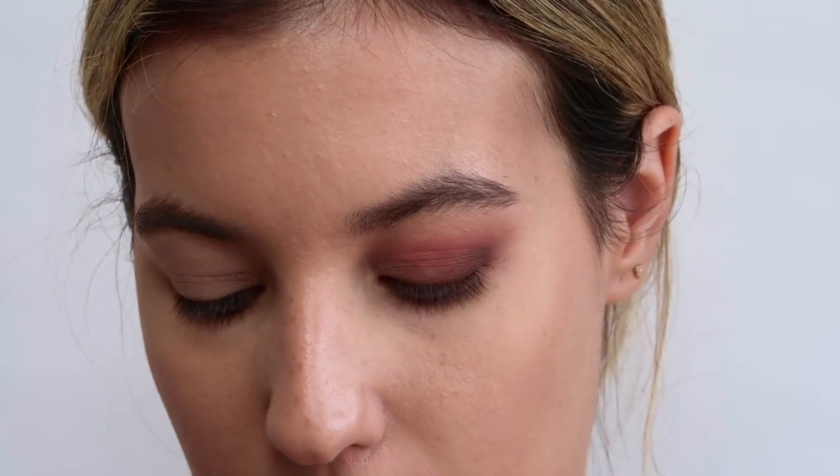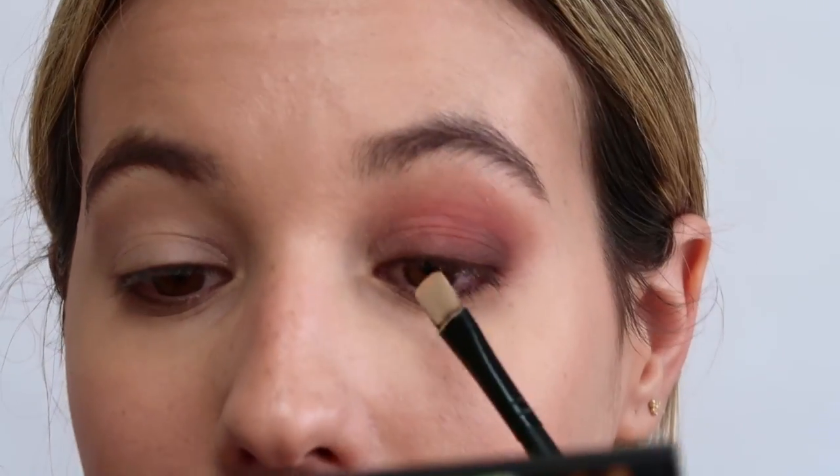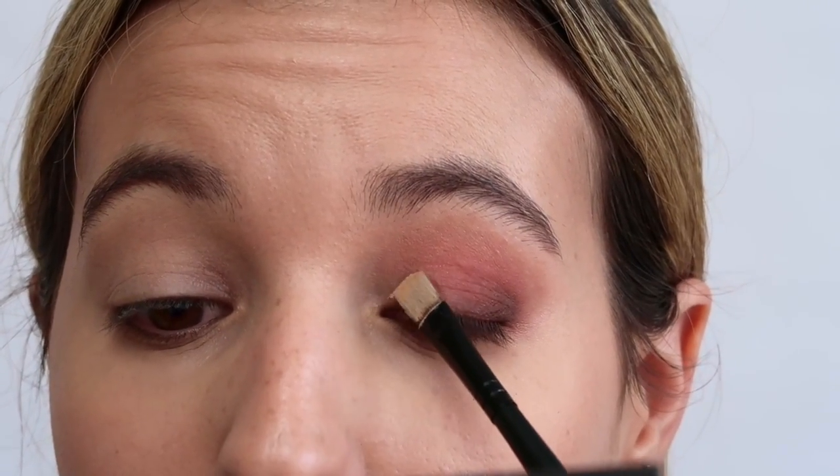Who would have thought? But I'm just gonna layer the concealer onto this brush so that it gets very thin, and I'm gonna try and cut the crease. Let's see how this goes. I've been practicing this a lot, but